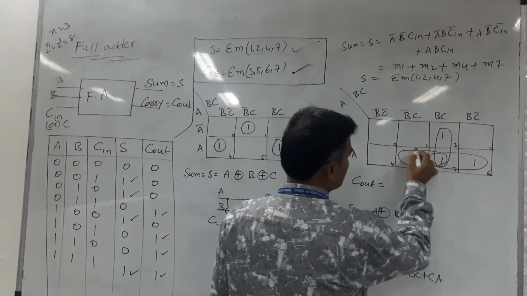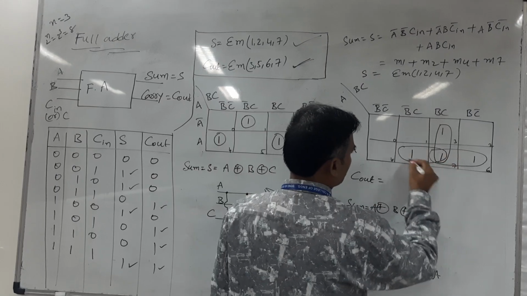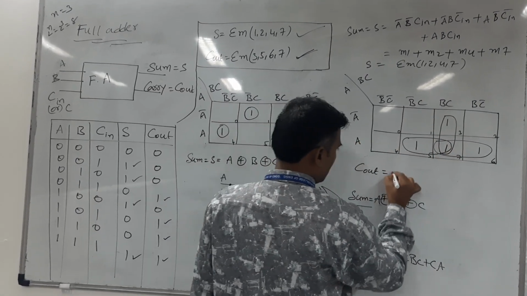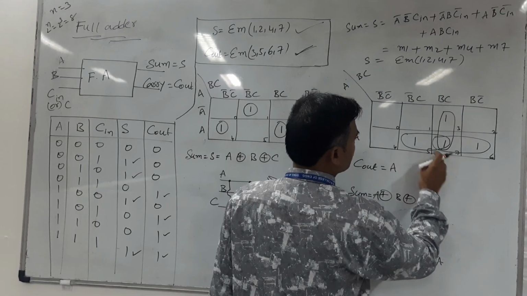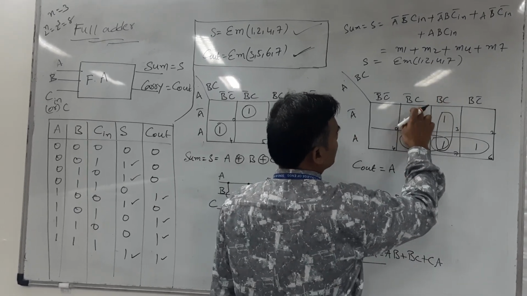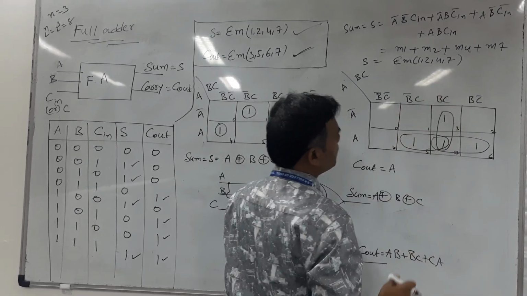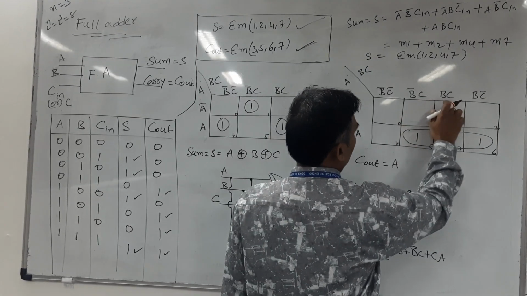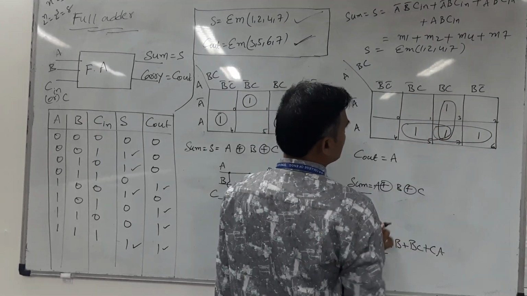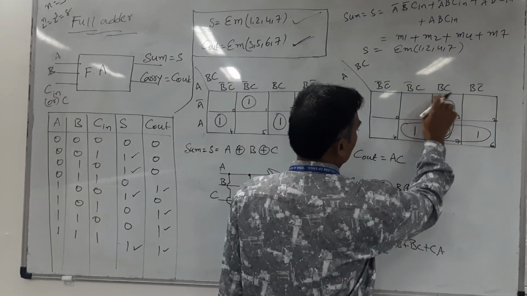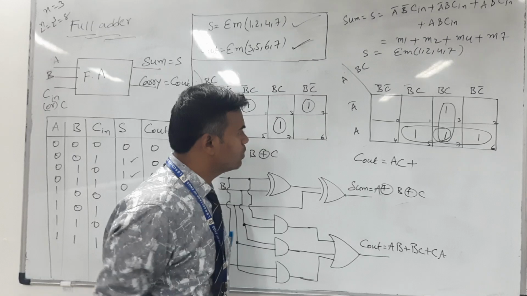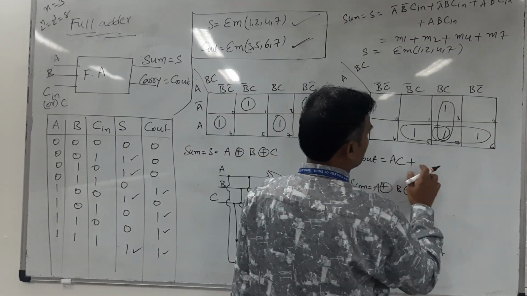First consider this group of two. From this group, the row is common, A, and these two min terms belong to the columns B bar C and BC. In these two columns, which literal is common? C is common, and B bar and B cancel each other. You take the common literal, C. Therefore, the simplified min term is A into C, plus